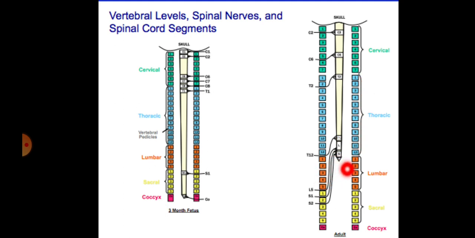The spinal cord's lower end terminates at L1. It means the cervical part of the spinal cord is in the cervical region, and the thoracic part is near the thoracic region. But what about the lumbar and the sacral? The sacral, lumbar and coccygeal parts of the spinal cord are concentrated between L1, T12 and T11. Here only, all the things are concentrated.